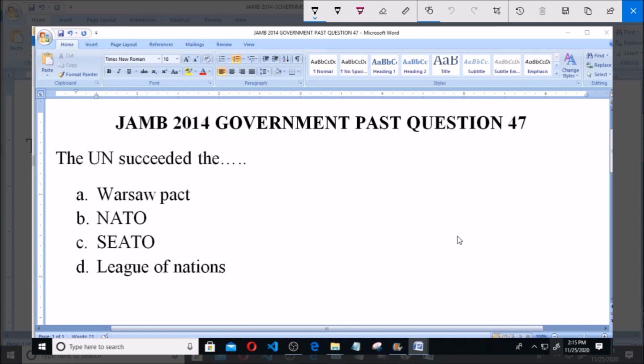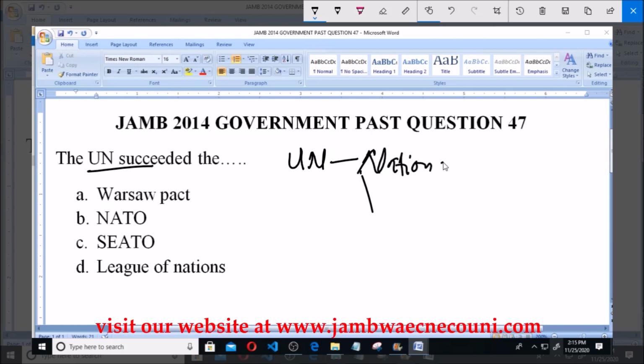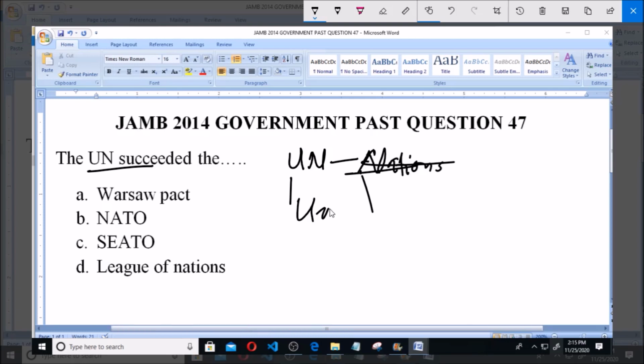Question number 47 says, the UN succeeded the dash. The UN succeeded the dash. Now I want to talk of UN. UN means United Nations. So it's an abbreviation for United Nations,